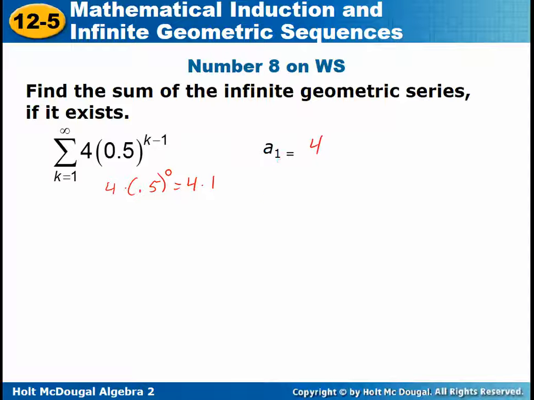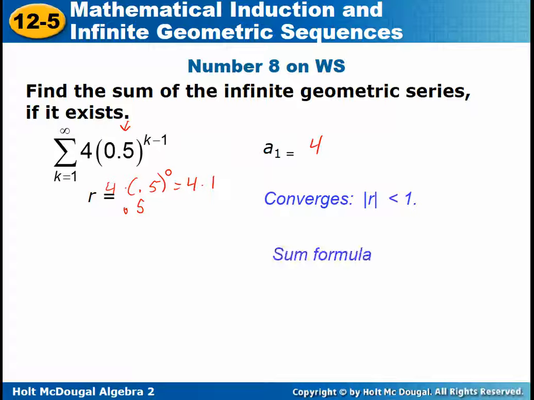The next thing we need to do is find r. To find r, you could write out your series for a few steps and then take one term and divide by the previous term, but when they write them in this form, the r is right there, it's 0.5. So r is 0.5, which is less than 1, so this is converging,